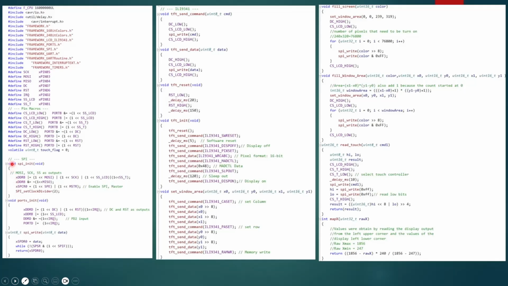So let's start with the SPI init. The only important thing here with respect to the SPI is that we need to have two chip selects. One is for the LCD and the other one is for the touch screen. Next, the initialize ports. We really don't have anything new here per se. The SPI routine, SPI write,